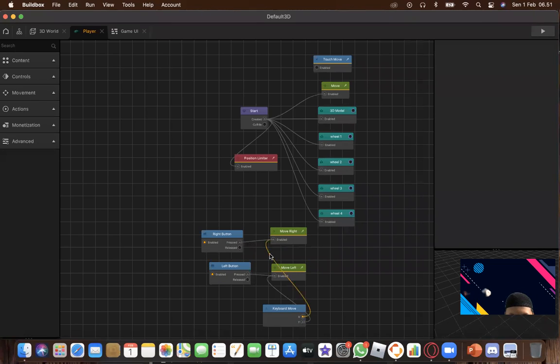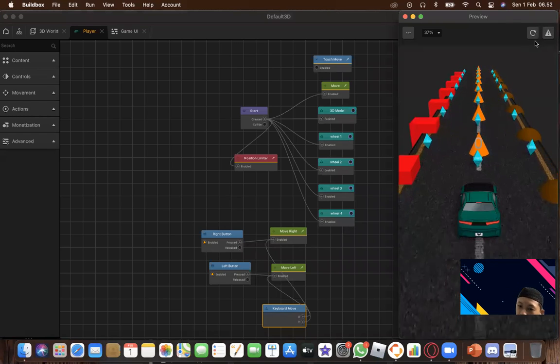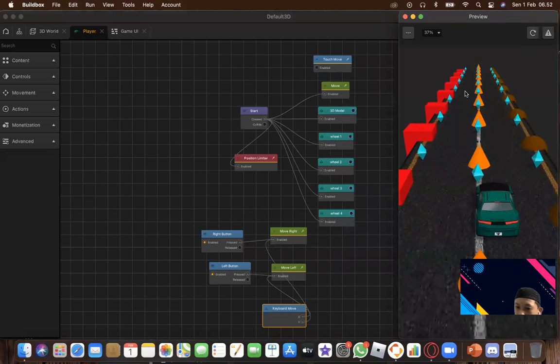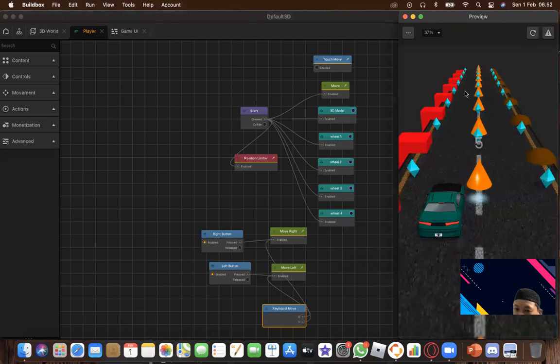X is for move left, sorry, wrong button, and yeah for move right. So if you play it, you can use your mouse and your routing, right arrow, left arrow. If you use the keyboard move,